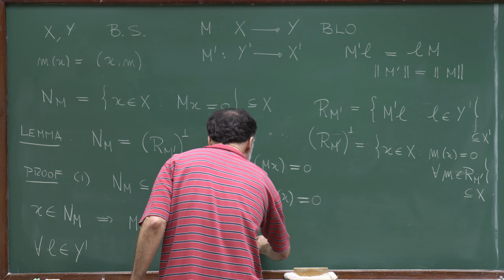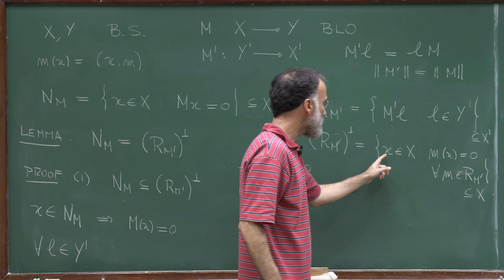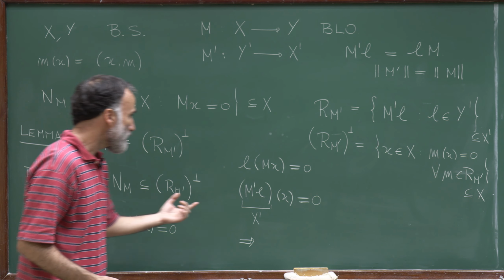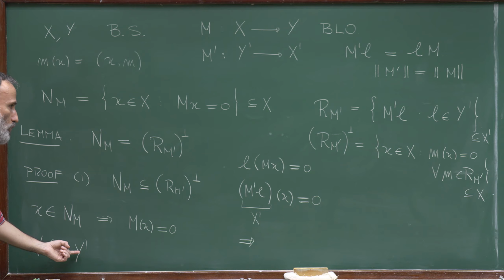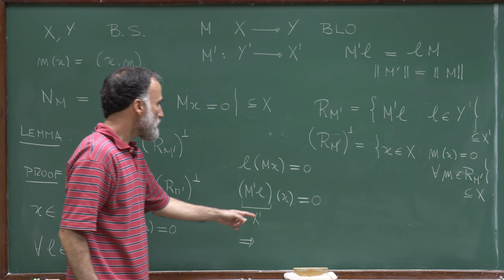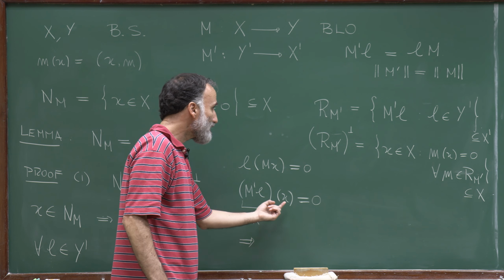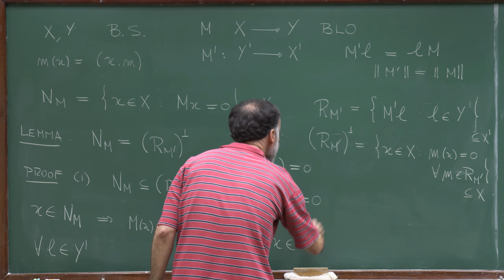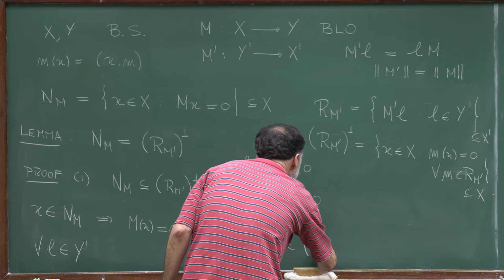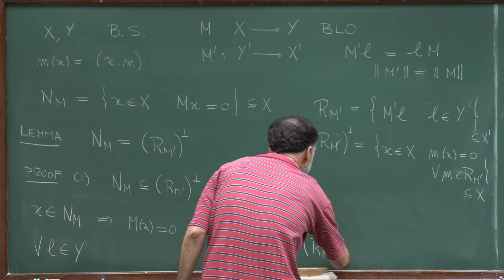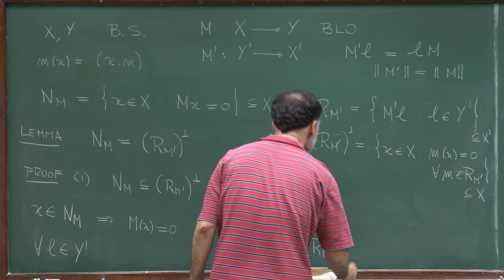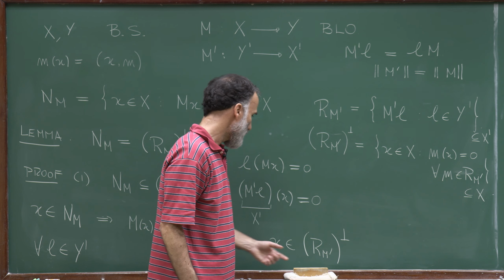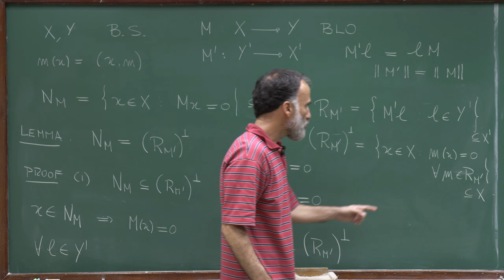Therefore, since this is true for any L in Y prime, this implies that X belongs to Rm prime perp. To prove that X belongs to Rm prime perp, as I'm claiming, I have to show that